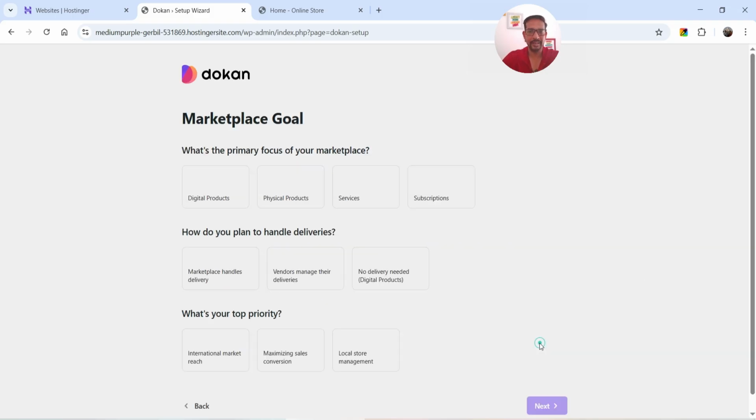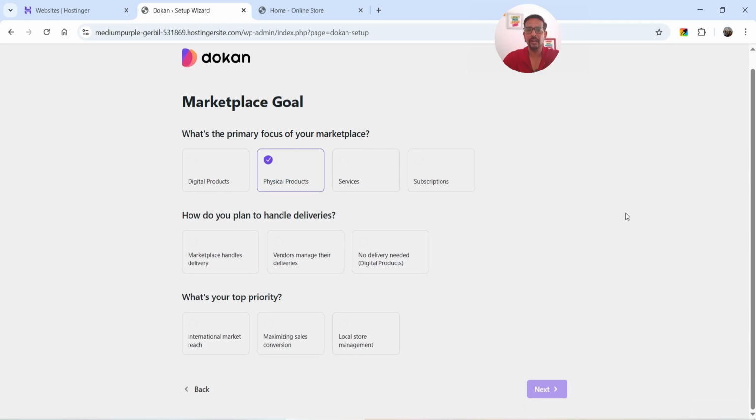Let's click on next. On the next, we have marketplace goal. What's the primary focus of your marketplace? Let's say I'm selling physical products on this demo website. So I'm going to select that option. How do you plan to handle deliveries? Here we have three different options. Marketplace handles the delivery, vendors manage their own deliveries, and no delivery needed for digital products. In this case, I'm going to select vendors manage their deliveries because the vendor is going to deliver the product to